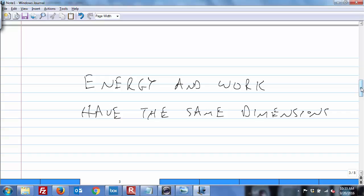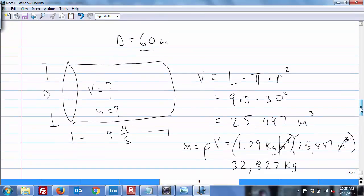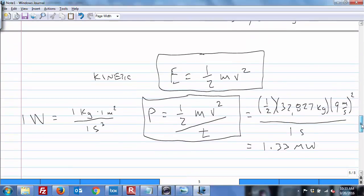Push in your chair, drive your car, move things around, pump water up a hill, spin a turbine, etc. We did a neat little problem with a wind turbine with air moving through it. We defined kinetic energy as 1/2 mv squared. We also went back to our equation of power being energy divided by time. Defined the watt as 1 kilogram times 1 meter squared per second cubed, and derived that these big turbines run